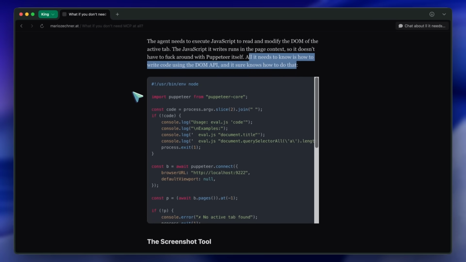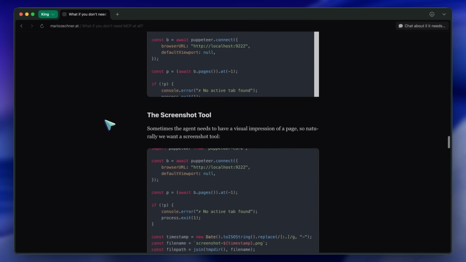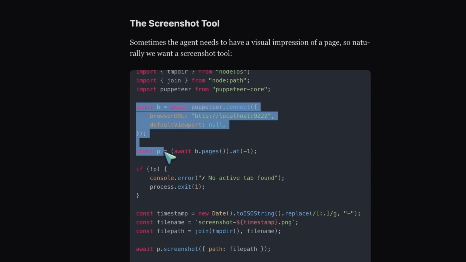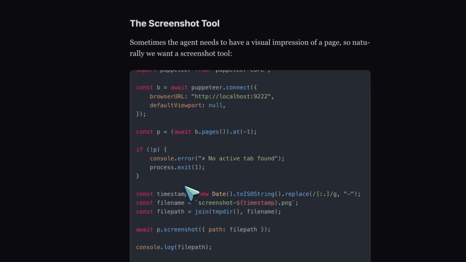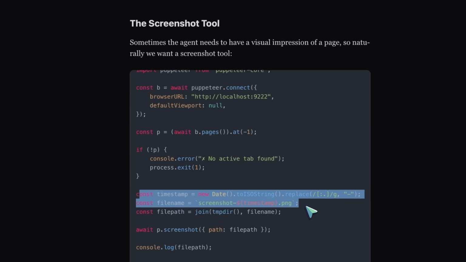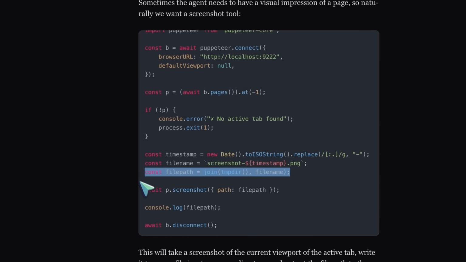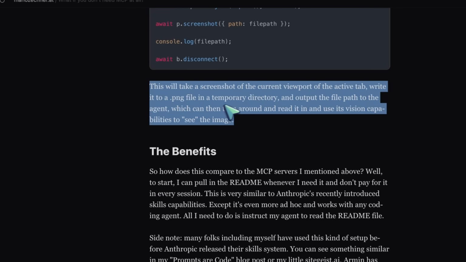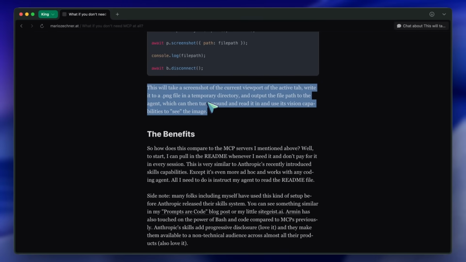It is very similar to how we've been doing client-side DOM work with light CDP harnesses, which is pretty good. Fourth, screenshot.js. Connect, grab the active page, take a viewport screenshot, write it to the OS temp directory with a time-stamped file name, and print the path. Your agent then reads the image from disk and uses vision. I really liked it because it's minimal, but hits exactly what you need without a giant manifest. Also, since images are files, they don't sit in your context unless you choose to send them, saving cost, which